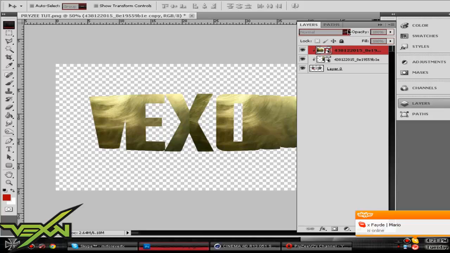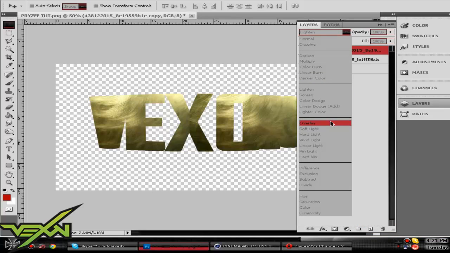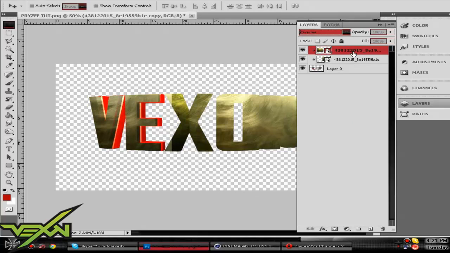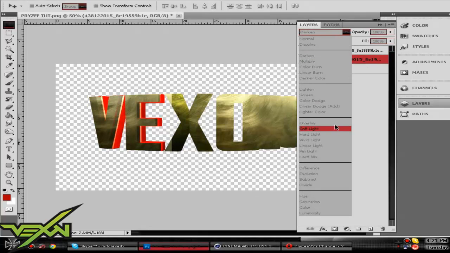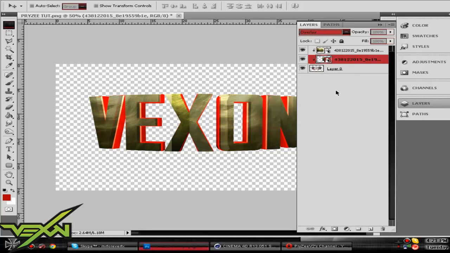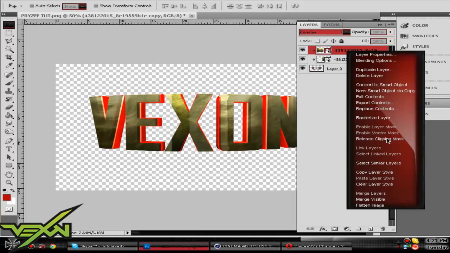So then we'll just click on one. Actually, we'll click Shift, click on one, hold Shift, click on the other, and then, I'm sorry, just click on one and then do Overlay, and then do Overlay. Alright, so that looks a little weird, but what you're going to want to do now is go to